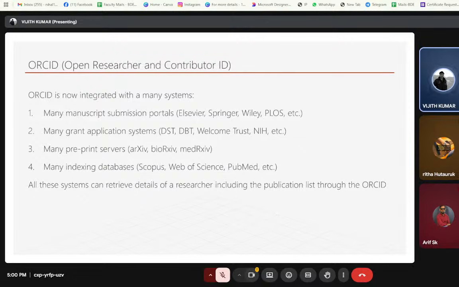And when you apply for grant, because if you want to do research, you need money. So definitely you will apply for different research grant. So in India, we have got DST, Department of Science and Technology, and you have got DBT, Department of Biotechnology. You have got in Britain, you have